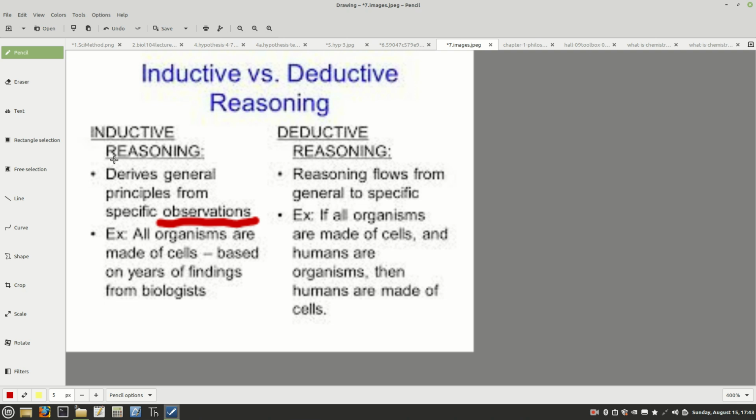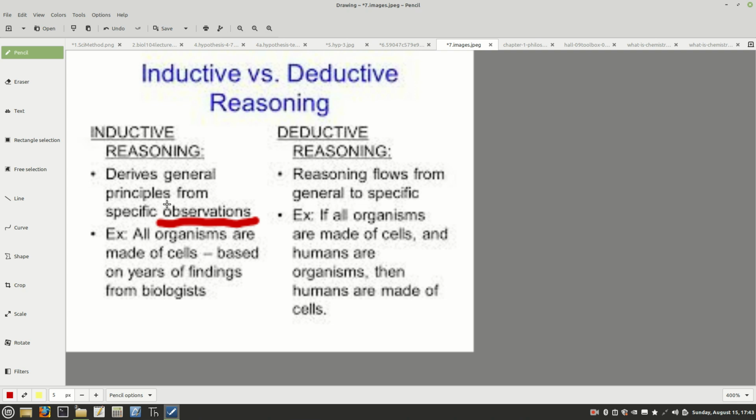When they're doing inductive reasoning, they're coming up with a theory from what they noticed. But if you'll notice over here, they're coming up with a conclusion based on what they observed. They said, well, if this guy was at this place at this particular time and there was no one else there, then he must have committed the crime. Whereas over here, you're trying to prove where he was.